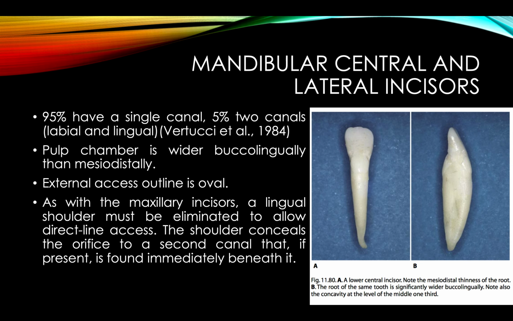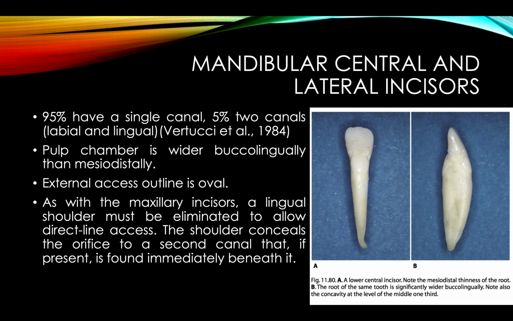The mandibular incisors, the mandibular central and lateral incisors, in most cases have a single canal, in 95% of the cases. But sometimes we can have two canals, a labial and a lingual canal within the root, in 5% of the cases. The pulp chamber will be wider buccolingually than mesiodistally, and the access cavity will be oval in shape